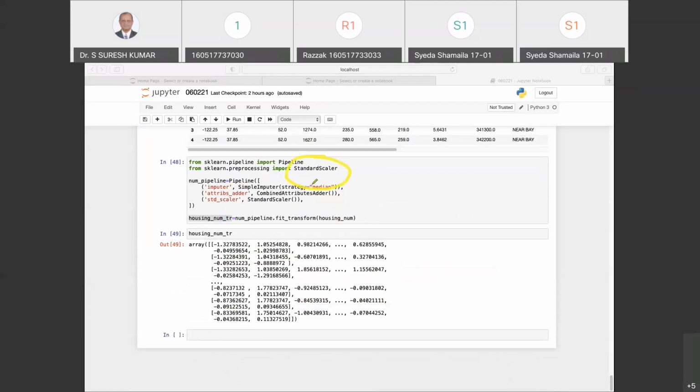Now, till now, we have handled the categorical columns and the numerical columns separately. But tell me, won't it be wonderful if you're able to handle both of them at the same time?